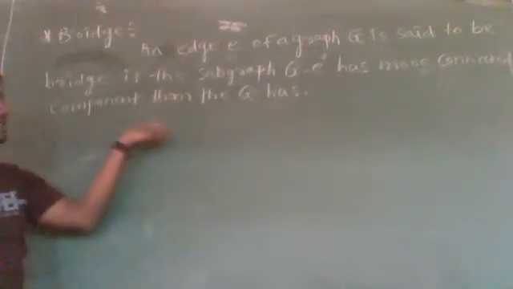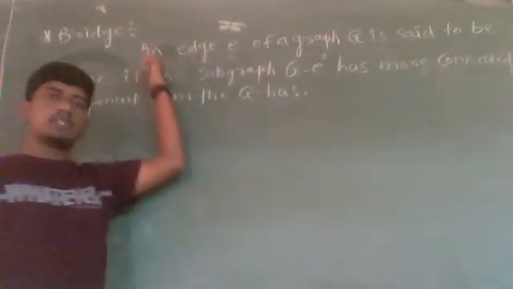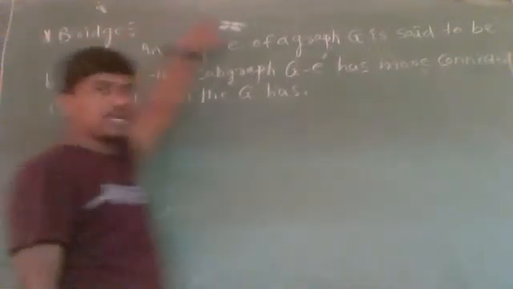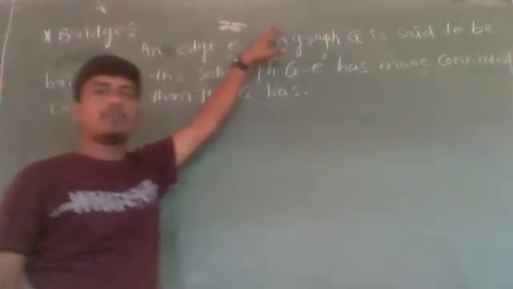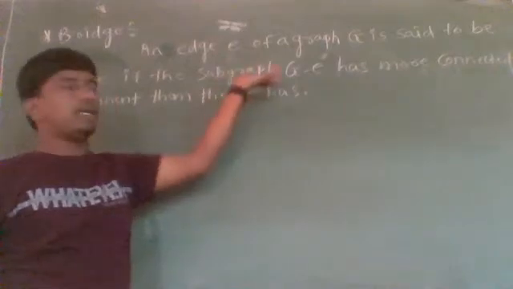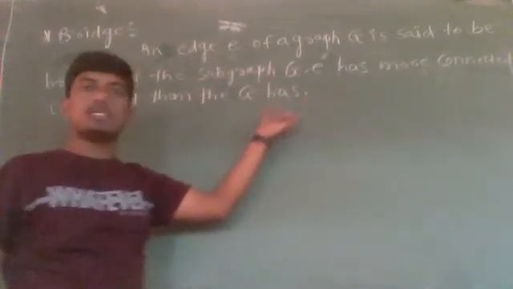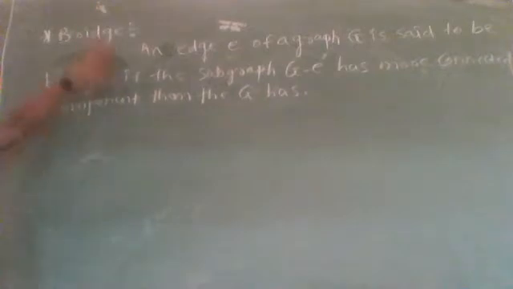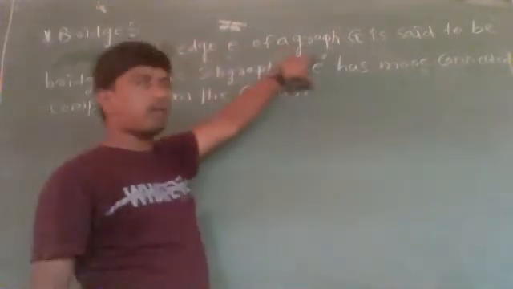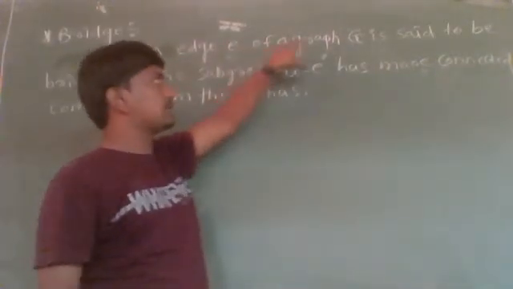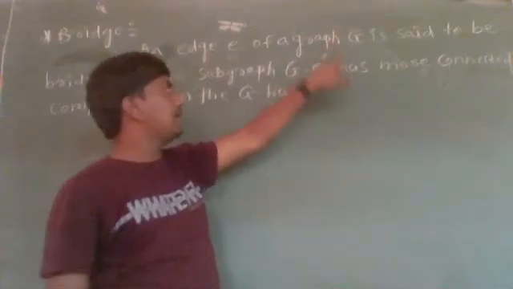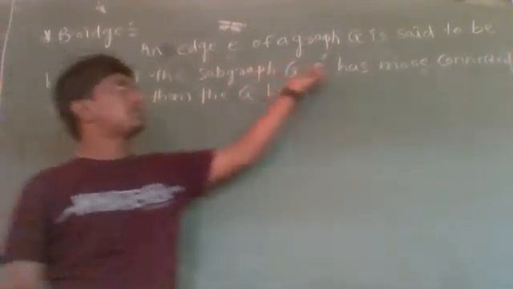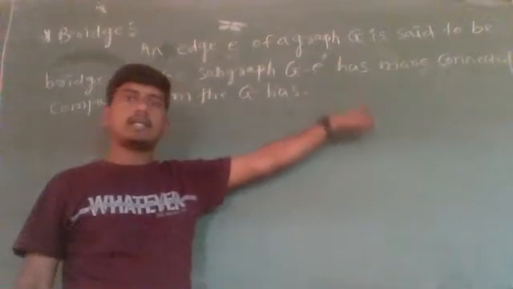G has. It is actually equivalent to our first definition. In the first definition, we defined that an edge E of a graph G is said to be a bridge if we remove the edge E from the graph G, then the graph becomes a disconnected graph. And this definition states that if we remove the edge E from the graph G, then we get G minus E as an edge deletion subgraph, and G minus E has more connected components than the graph G has, which means the graph G minus E is a disconnected graph.